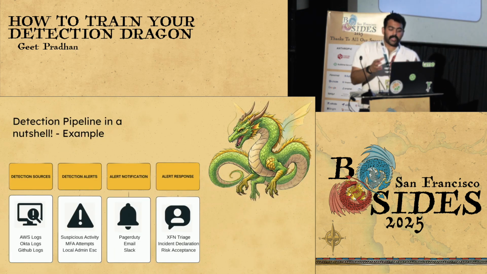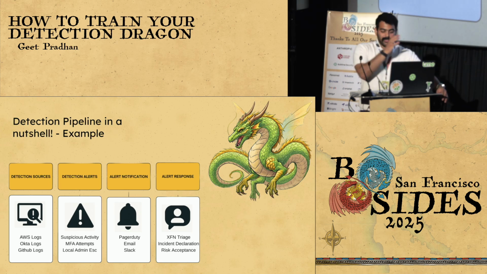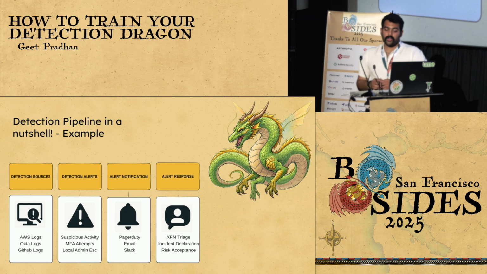So this is the detection pipeline in a nutshell. And I've given a couple of examples of some logs which are important, which come under that scope. Detection alerts of, maybe suspicious activity, things like that. Notification schedules and response. So this is basically how you build a detection pipeline. It is easy-ish, but it's not. Once you start getting into this, when I started, I did not know how to get my head around it. I started building straight away.